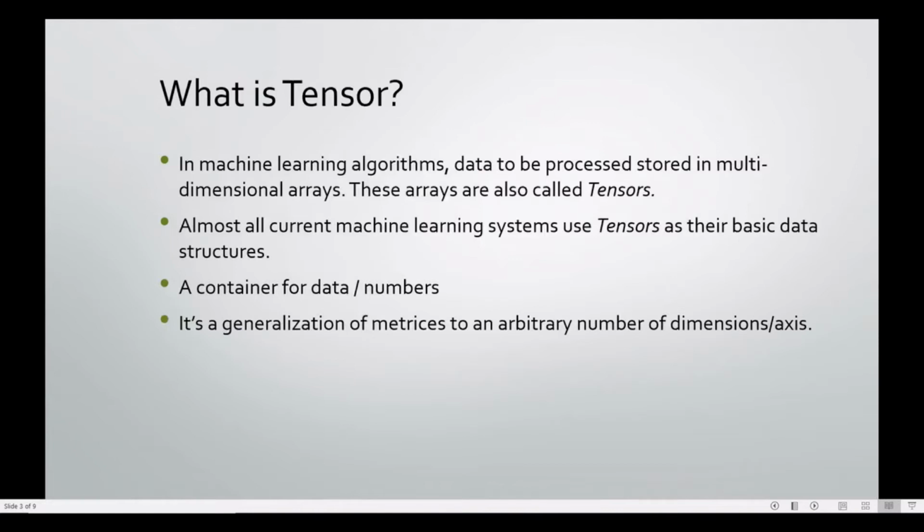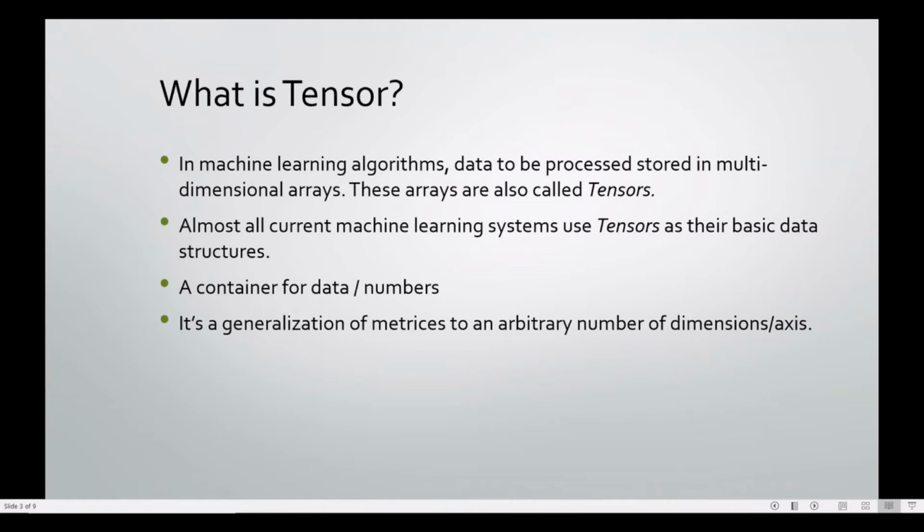So a tensor is a container of data, or we can say container of numerical data, because the data almost always going to be integer or float. All the current machine learning algorithms uses tensor as their basic data structure to store and process data and apply transformation on them.